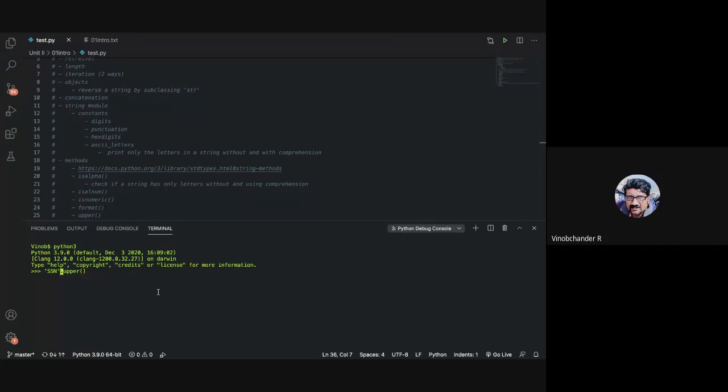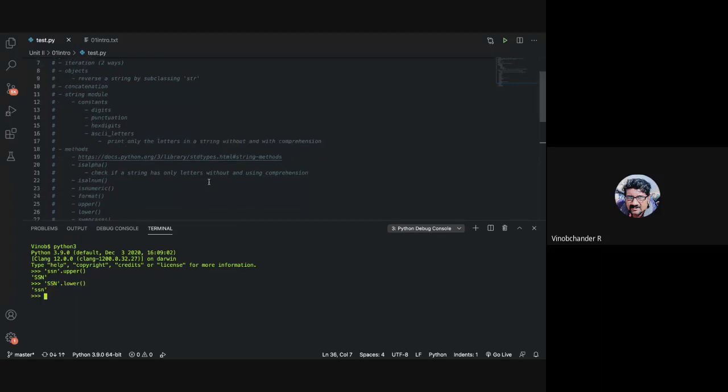SSN is a literal, it's already in uppercase, so let me have it in lowercase. SSN dot upper will give me the uppercase of the string. Similarly, lower will give me the lowercase of the string. So that is upper, lower.